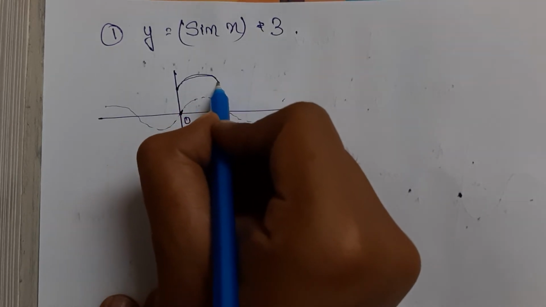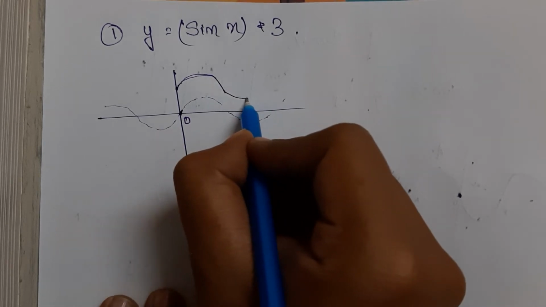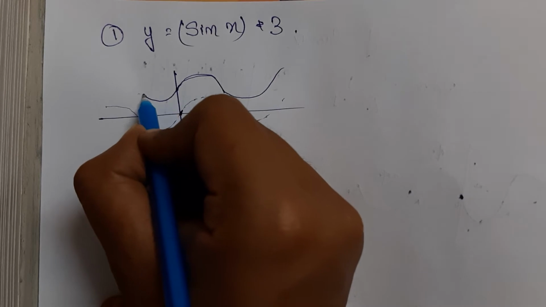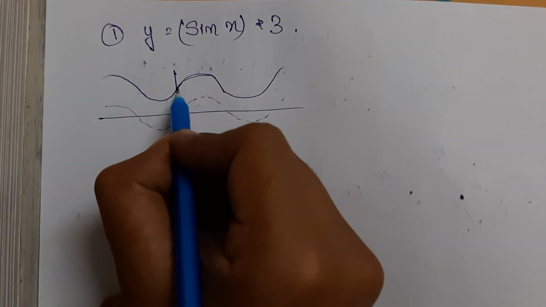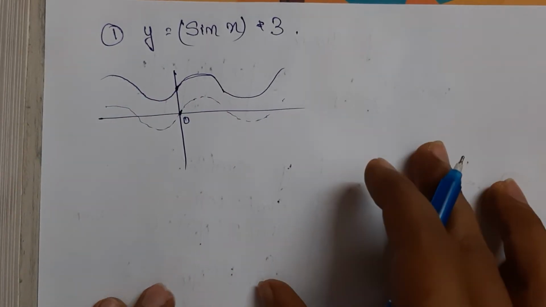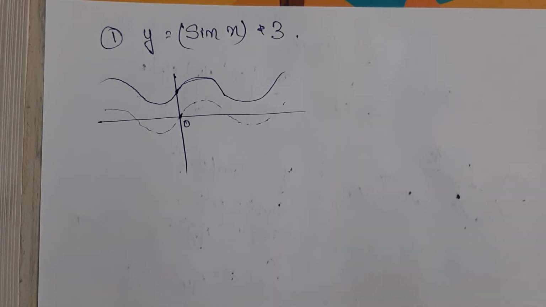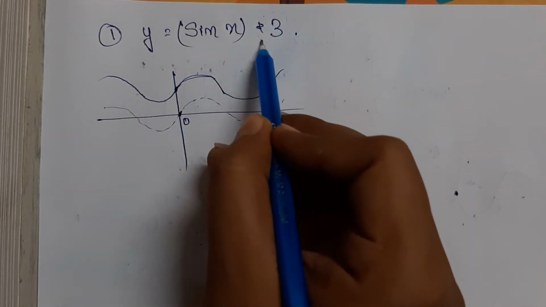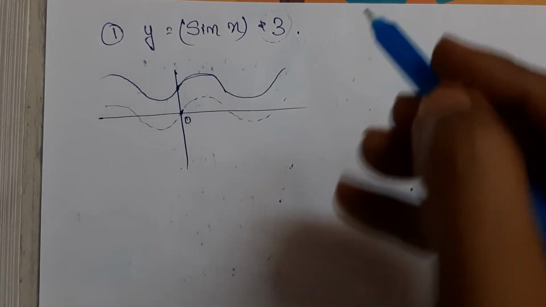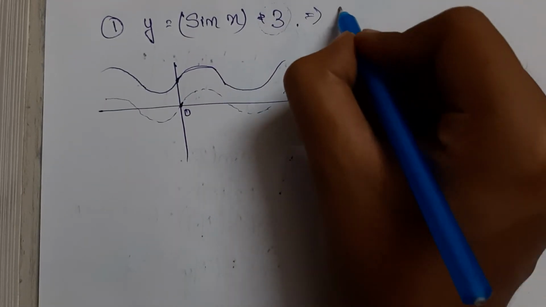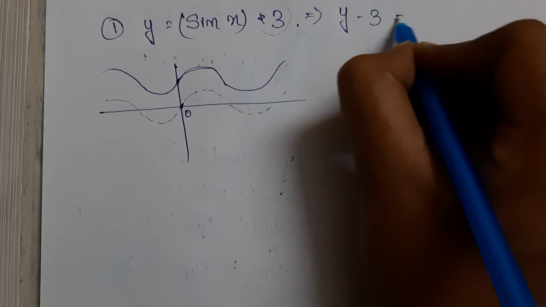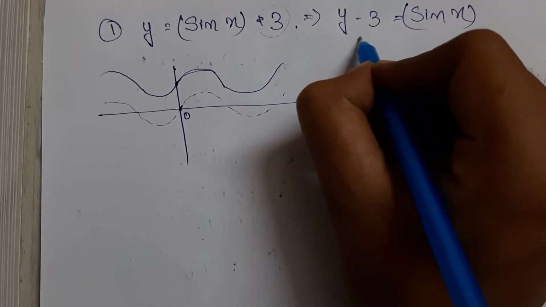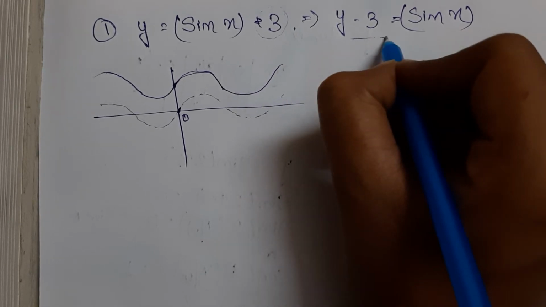The amplitude will be the same, and the frequency will also not change, but the starting point here is different. Why? Because we have shifted the y-axis. We can also write this like this, right? So as you can see, there is a change in the y-axis.